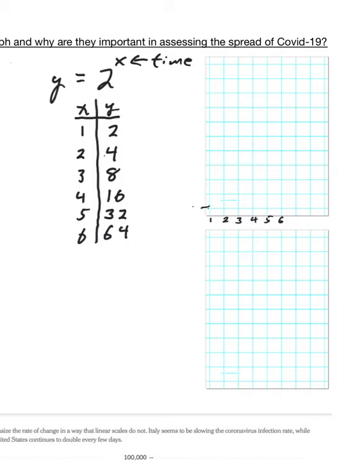So I'm going to go 0, 5, 10, 15, 20, 25, 30,